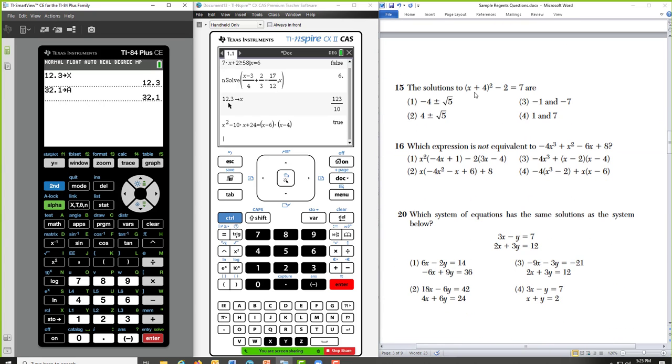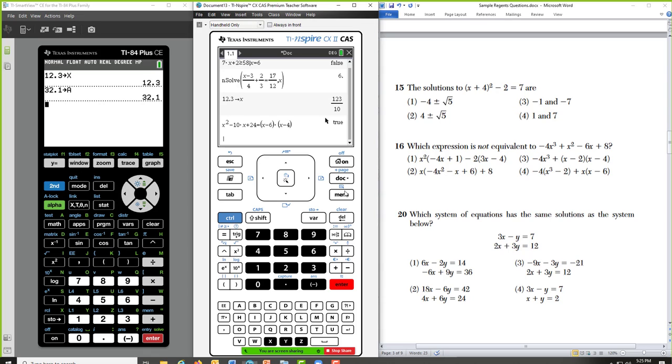So 15, you could use your NSolve feature. So NSolve on the Nspire, you could use the equation solver on the 84. Some people might think graph the left-hand side, graph the right-hand side. That too could work.